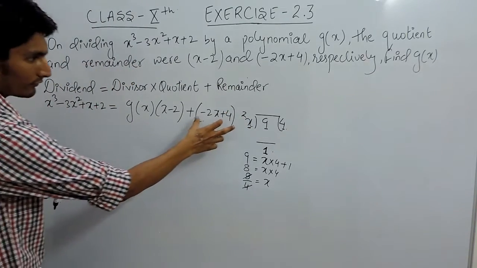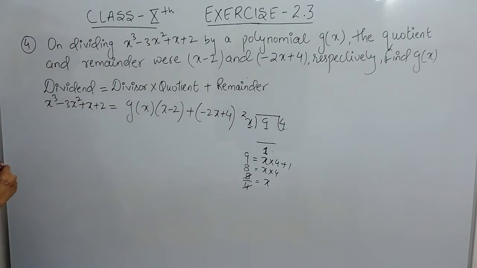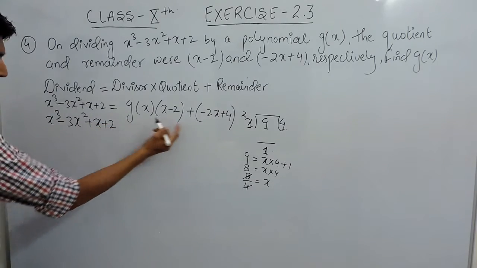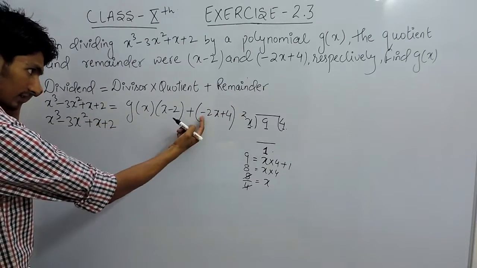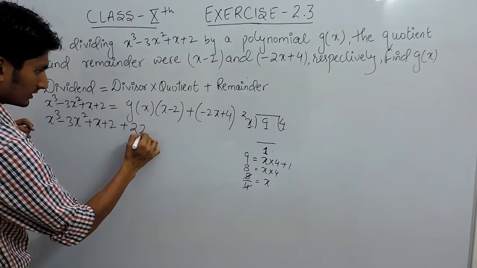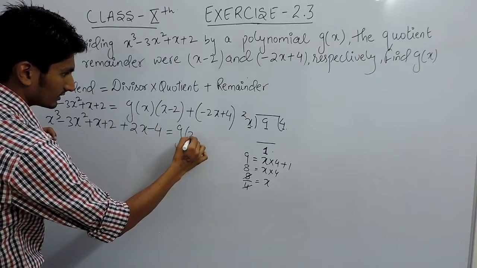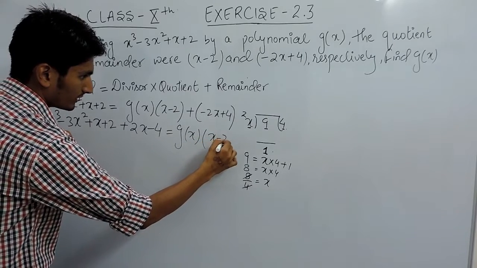So first of all, you have to shift this to this side. So this will become x cube minus 3x square plus x plus 2, and this when shifted to this side, this negative will become positive 2x and this positive will become negative 4, and gx into x minus 2 will